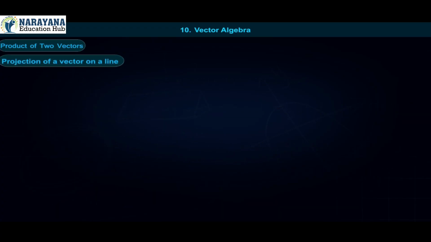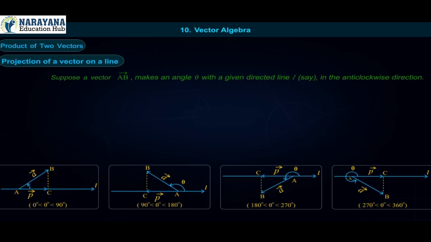Projection of a vector on a line. Suppose a vector AB makes an angle theta with a given directed line L, say, in the anticlockwise direction. Then the projection of vector AB on L is a vector P, say, with magnitude modulus of vector AB cos theta